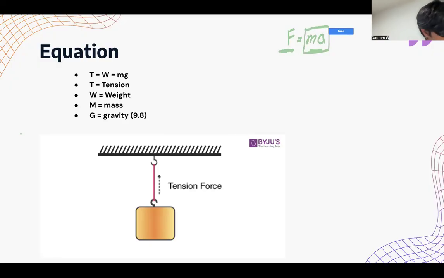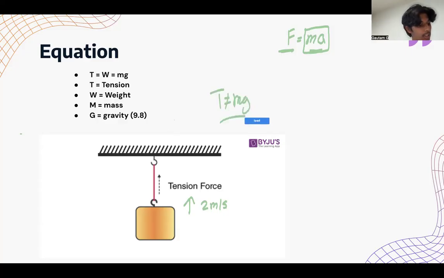Let's say this block is accelerating upwards at 2 meters per second squared. Now this block is no longer still, right? So the tension does not equal mass times gravity, correct? Because that is only true when it's not accelerating. So what happens here is we can put